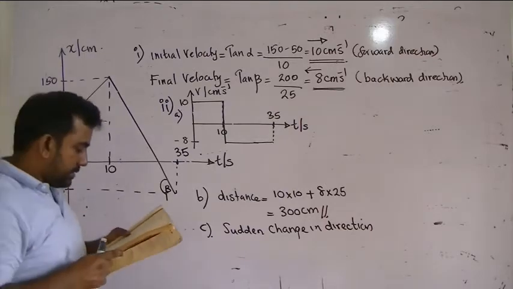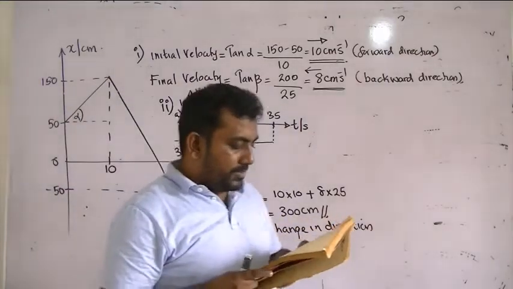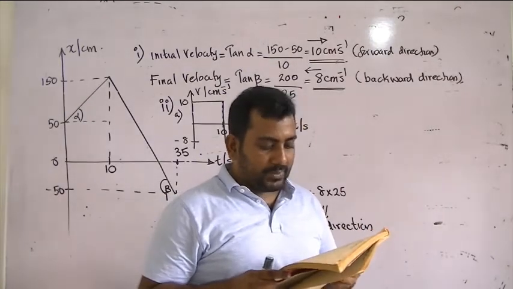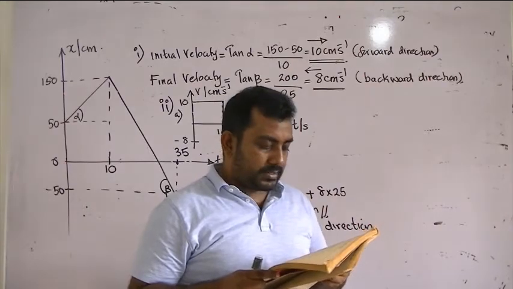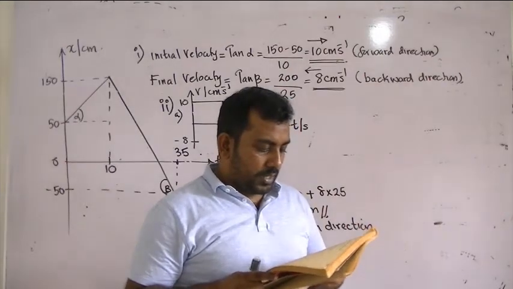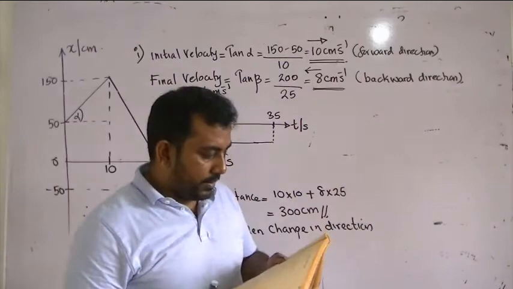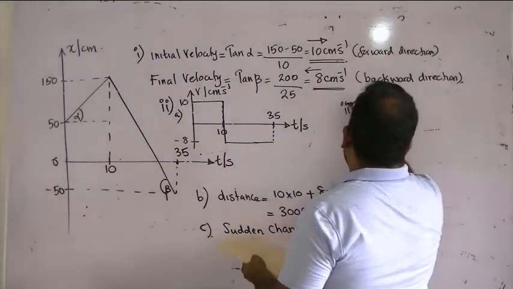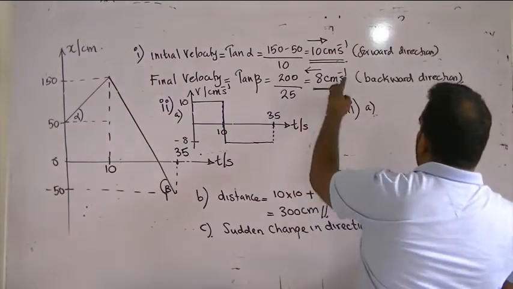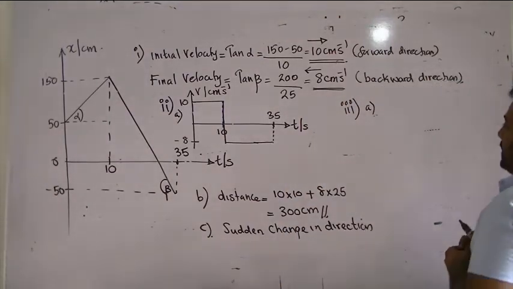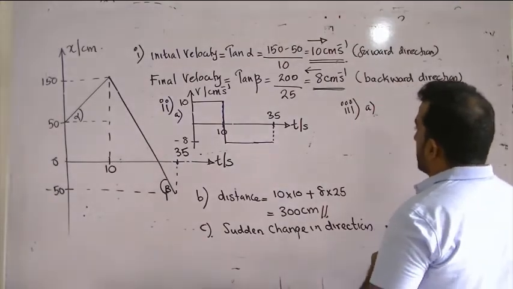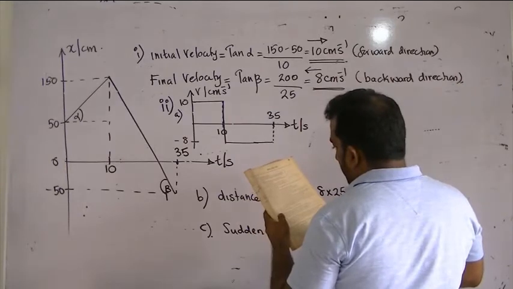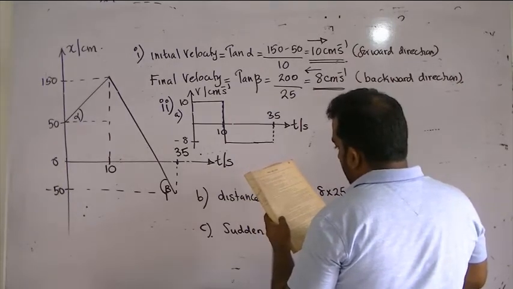Suppose the object experiences a constant frictional force after 35 seconds and it comes to rest in a further 2 seconds. What's the magnitude of the frictional force required? Be careful. Roman 3: now it's traveling at 8 centimeter per second, coming to rest. You can easily see there's a loss in kinetic energy. In 2 seconds it will come to rest.